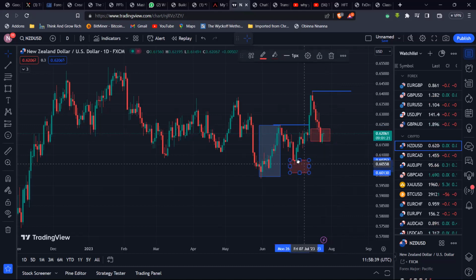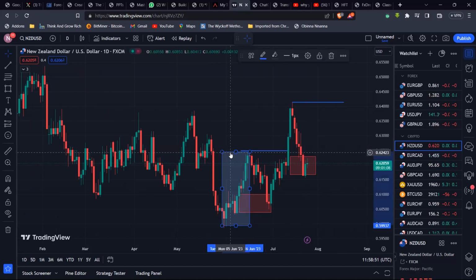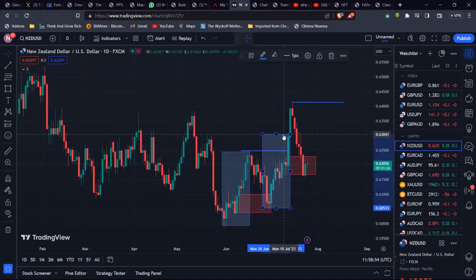Just let me drag this, yeah. Now we pull back down into here, and then we begin to push up. So again, this would be what we're looking for. This is now the new structure, right? So from this low here to this high here,